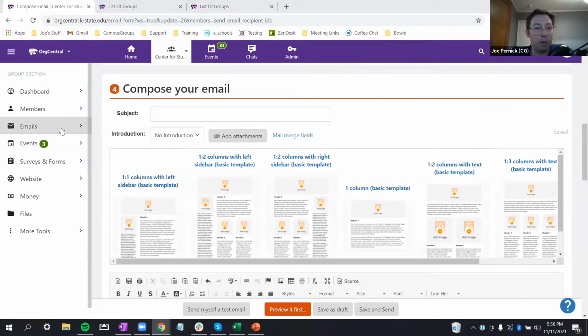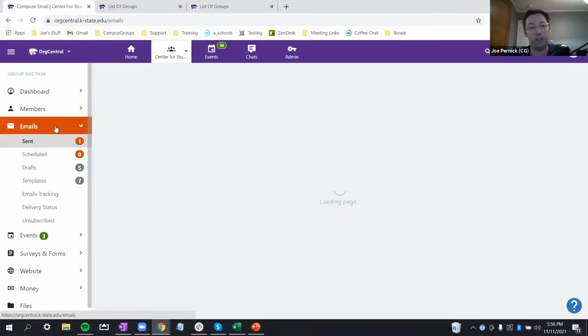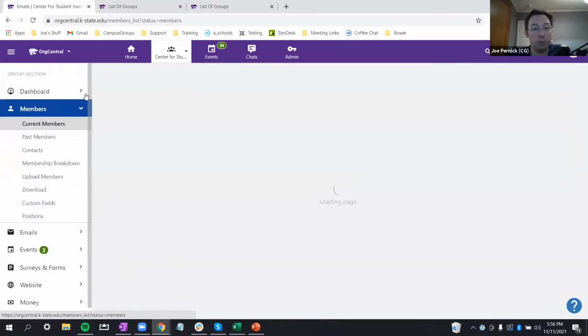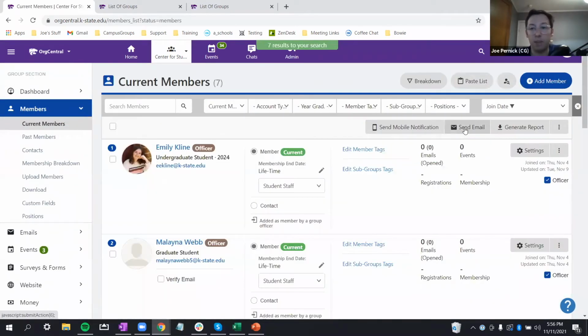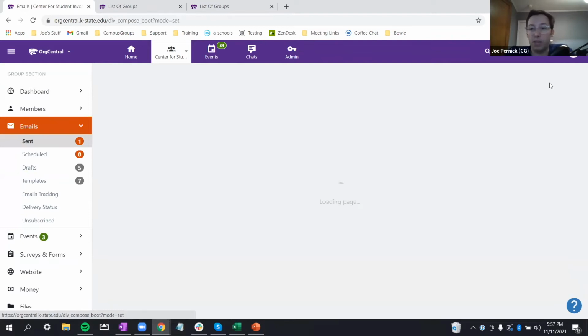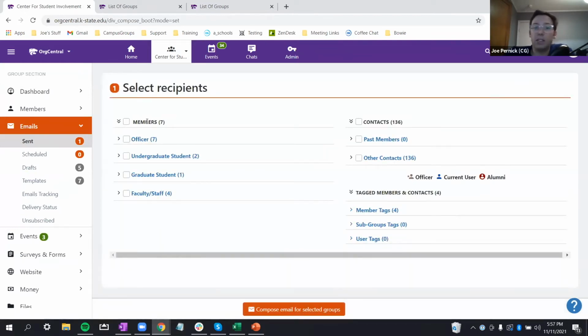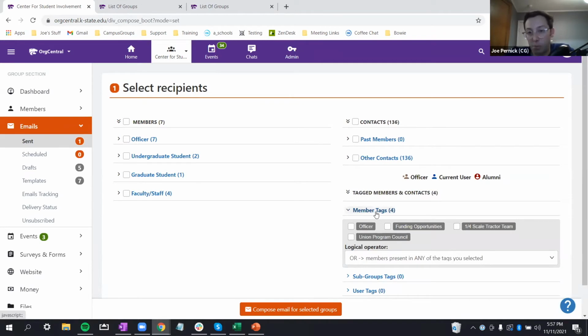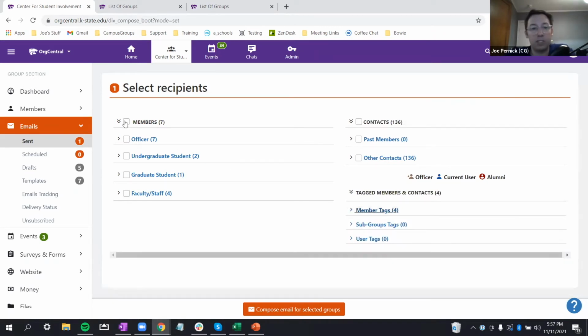All right, so we're going to go back here to our emails. This is the other way you can email people. So the first was to go into your members, select them, and send email. The second here is to go into emails, and then you can compose email. And then you can select your recipient. So maybe you just want to send it to your members, your officers, maybe people with a certain tag within your group. So we'll just send it to members here,